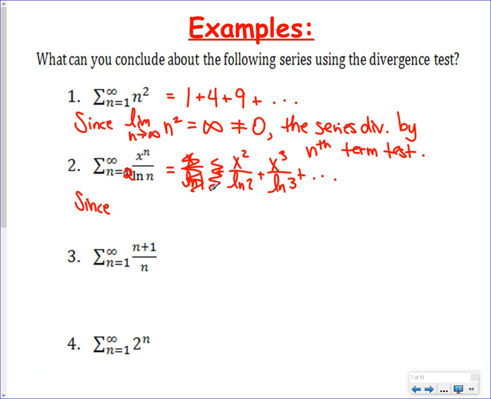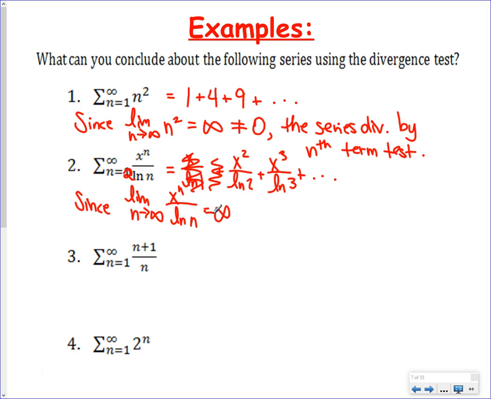Okay. And what Noah is saying is that you could think of L'Hopital's, right? Because you can make that c to the n and then ln of n, and when you take the derivative, you would end up with ultimately infinity over infinity, but then when you derive, yes, the top will win. Remember, we're taking limits, so we can do L'Hopital's. Since the limit as n goes to infinity of x to the n all over ln of n equals infinity,